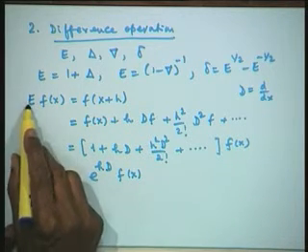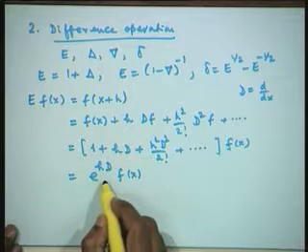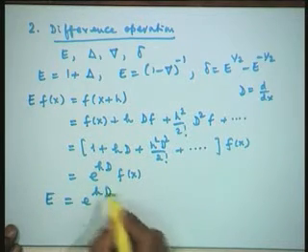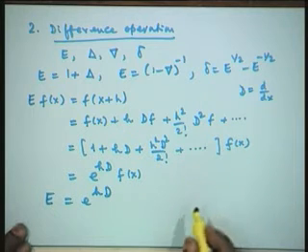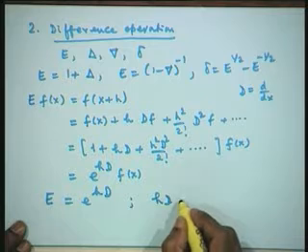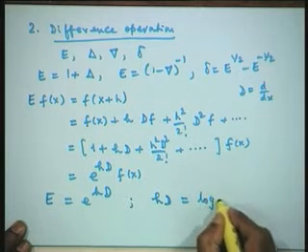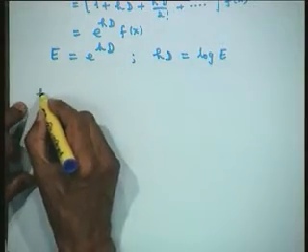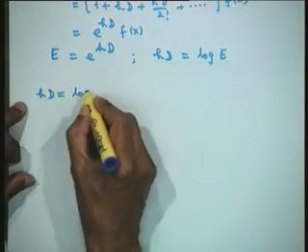Therefore, the operator E must be equivalent to the operator exponential of h d. Therefore, the operator E is equivalent to exponential of h d, or if I take logarithm on both sides, h d is equal to log of E. Now, it is this that would give us the formulas that we have derived here. So, my starting point is here. So, I take h d is equal to log of E,